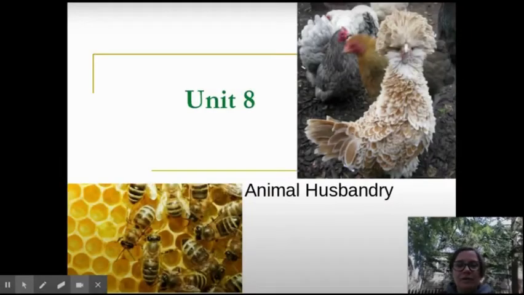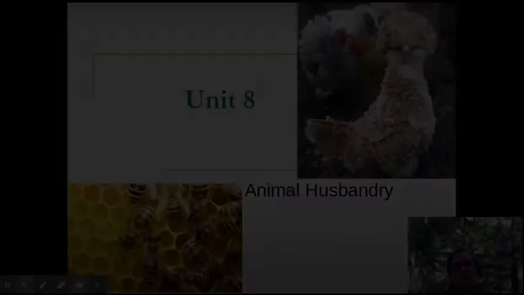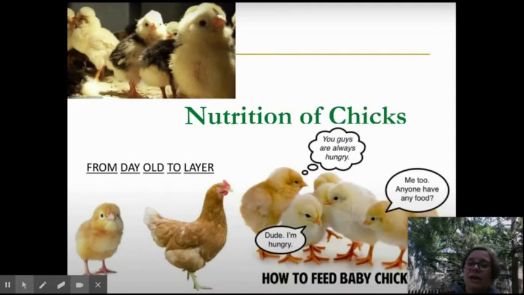Hi, everybody. We're going to go ahead and get started with looking at or delving into our animal husbandry unit. So what's really great about taking a look at the development of an embryo of a chick, which I think